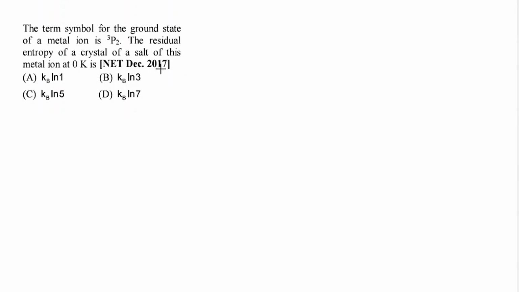Now this was asked in December 2017, and it says that the term symbol for the ground state of the metal ion is 3P2. This is the term symbol. Now the residual entropy of the crystal of the salt of this metal ion at 0 K. So entropy we have been asked, so we know that entropy S is equal to k ln W, and over here W, the thermodynamic probability,